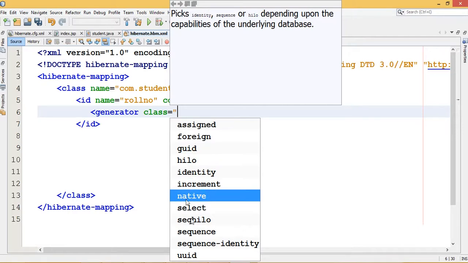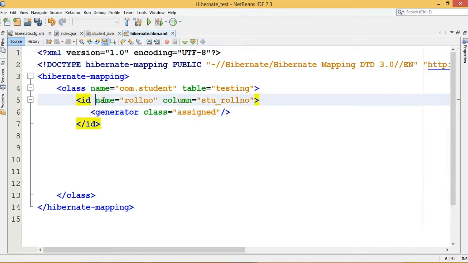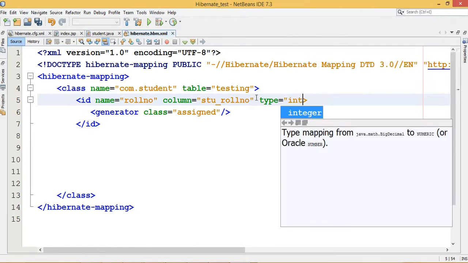We will see all of them in the last session, but right now I want to make it a primary key, so just use the generator class assign. Now I am mapping the name roll number, with column STU_rollnumber. What is the type of this STU_rollnumber? We have to write integer.